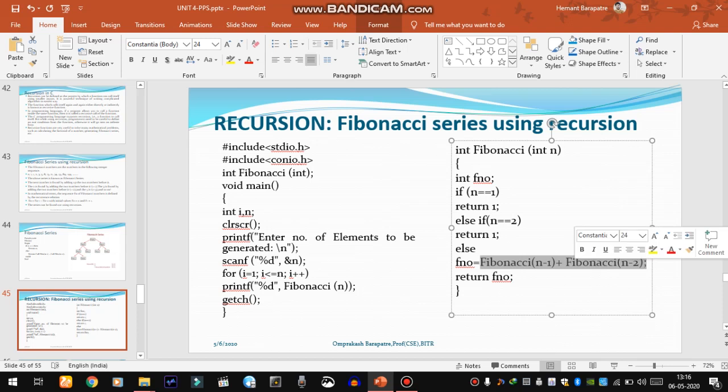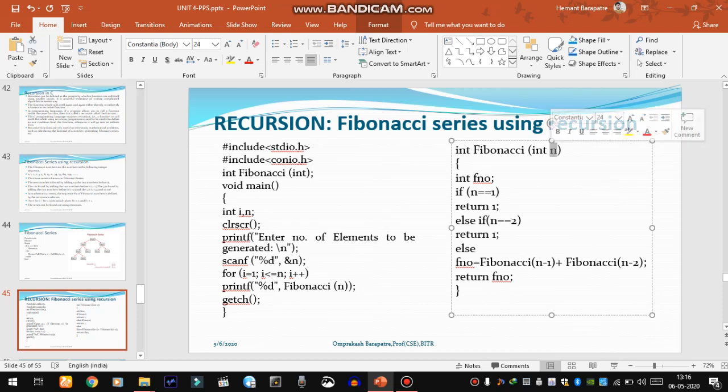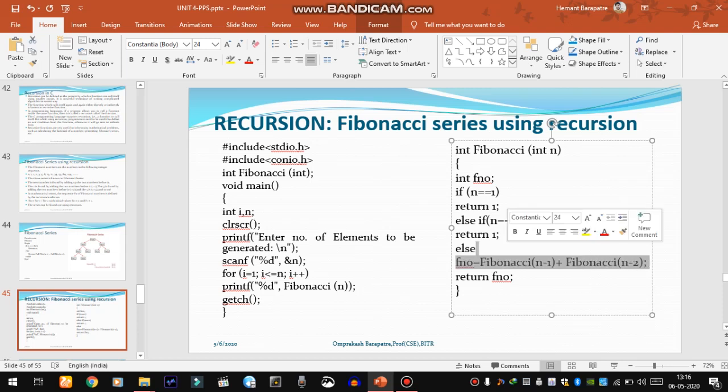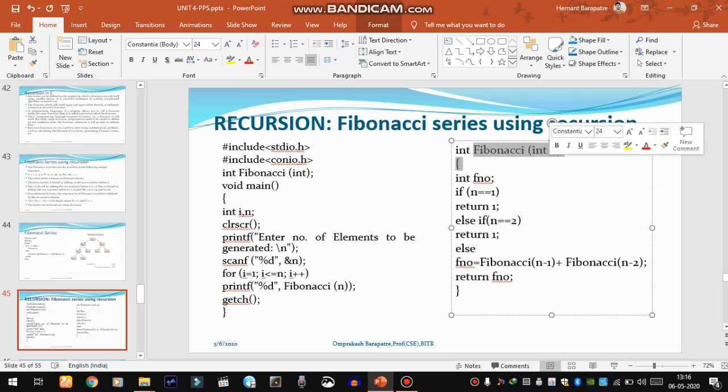So these recursive calls are made to this function, and we will replace the value of n with n minus 1 and n minus 2. Then it will recursively call Fibonacci n minus 2, Fibonacci n minus 3 and so on. So in this way, Fibonacci n is a recursive function called recursively by these two calls, Fibonacci n minus 1, Fibonacci n minus 2, Fibonacci n minus 3 and so on.